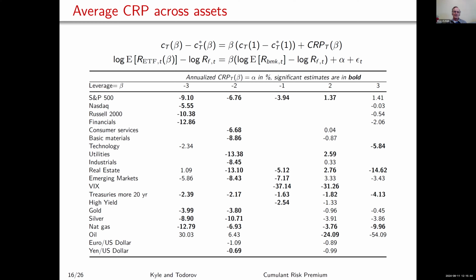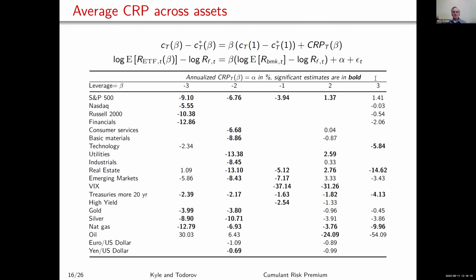And so what Karamfil did is construct this nice table where the rows correspond to all different kinds of assets, and the columns correspond to all different kinds of leverage. And the rows tell you what the risk premium is associated with it, it's the cumulant risk premium. So it's a risk premium on everything except the first moment, which will have canceled out.